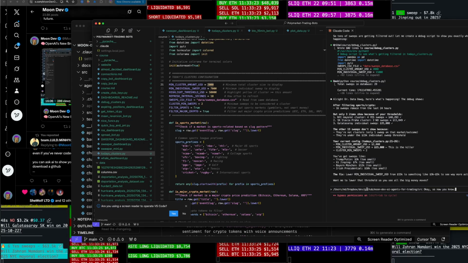Actually, let me back up. Okay, you can go ahead and look through this whole folder here. We have multiple different angles of data that were collected from Polymarket with this. But I'm actually, no, I'm most interested in the sweeper stuff right now. So the sweeper stuff is super interesting to me. And I want you to look through that GitHub above to understand what we built there, the AI agents